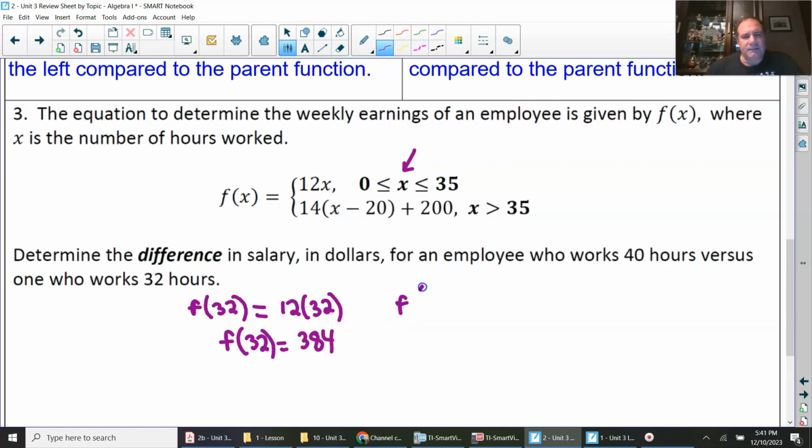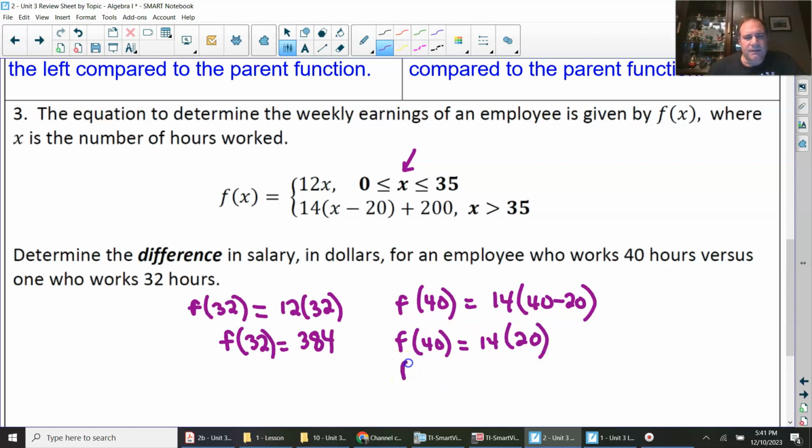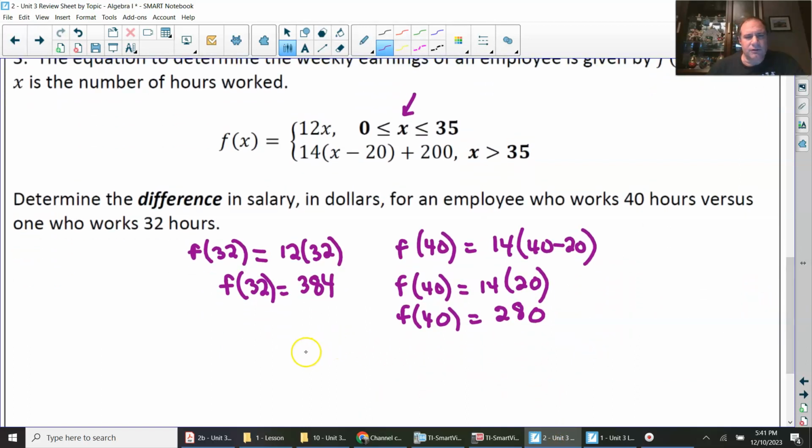So f of 40 would clearly be greater than 35, so you're going to use that 14 times 40 minus 20. And I can make it simple for myself to put into the calculator. This is 14 times 20. And once you put that directly into the calculator, you should get 280. Right, so the difference, they want the difference in the two. So I